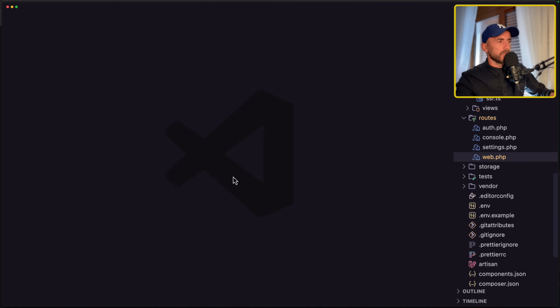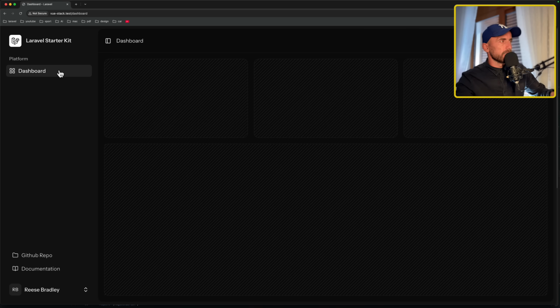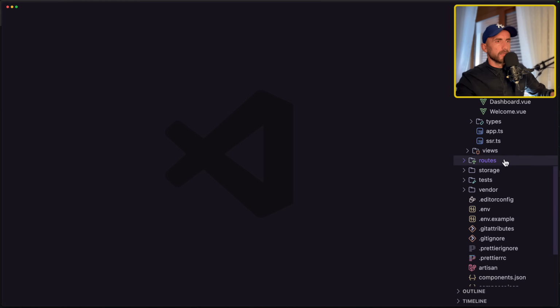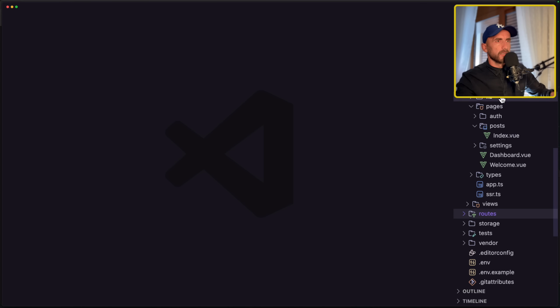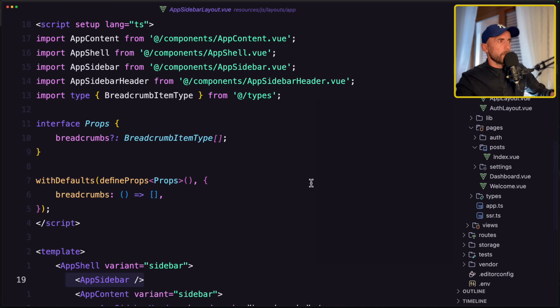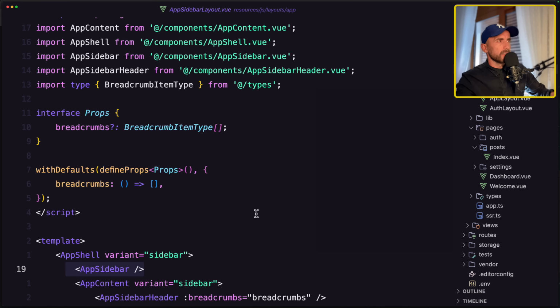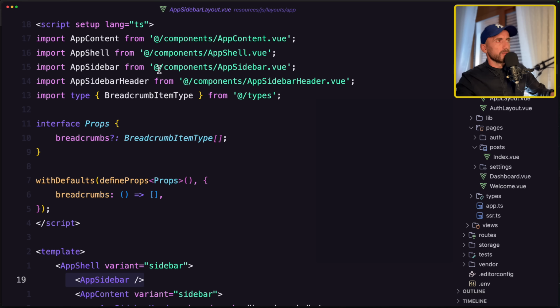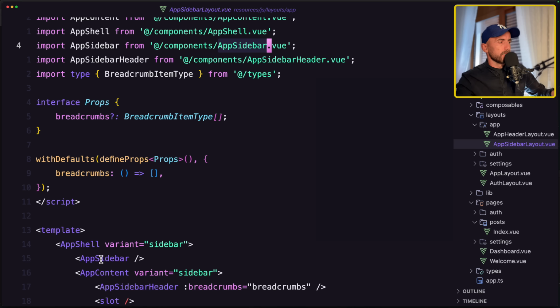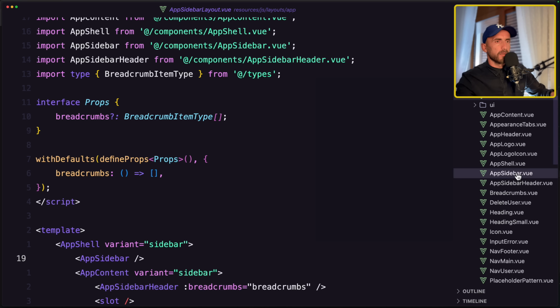The last thing we need to do is to register the link in here, and for that we need to go. So let me just open the app layout. We have this one, which is the app sidebar layout here, and here we have the app sidebar, which is imported from the components app-sidebar.vue. I think I cannot open it. We need to navigate through there. So app